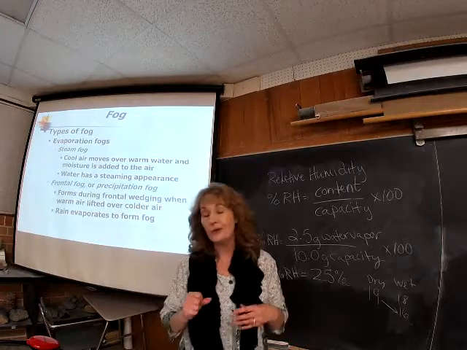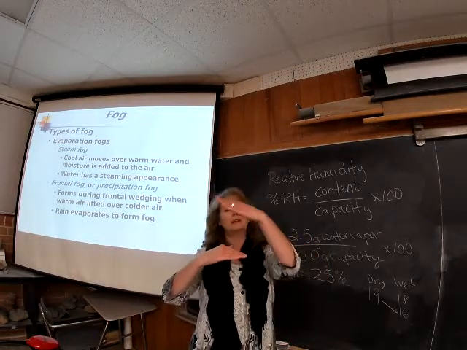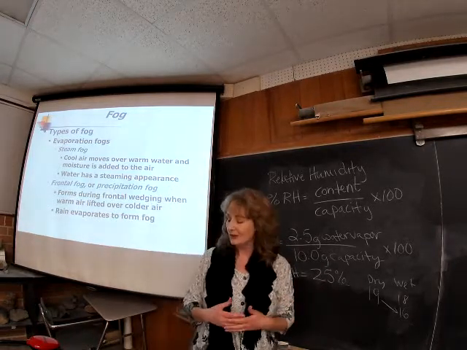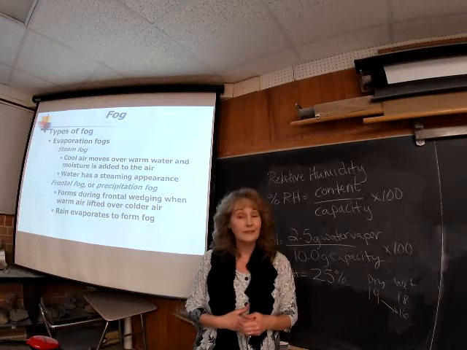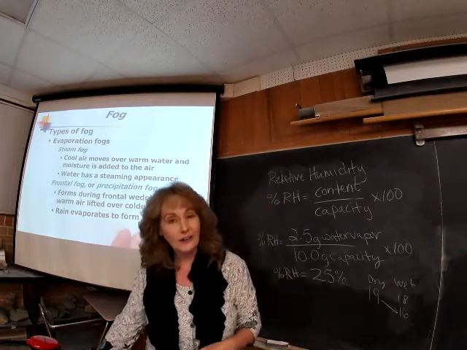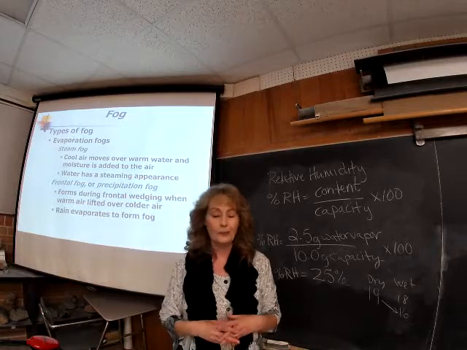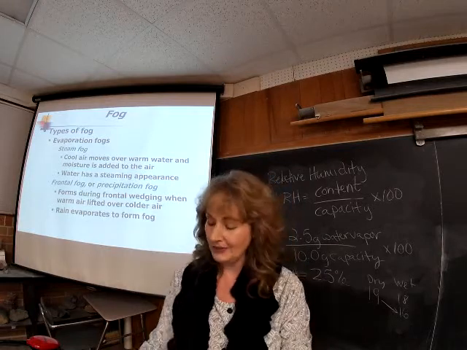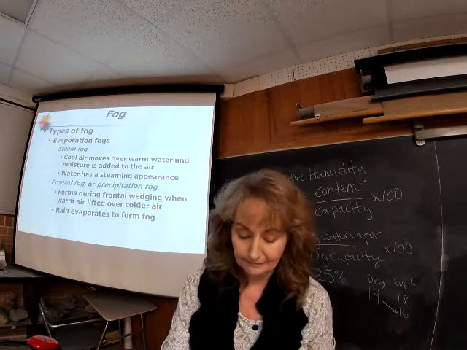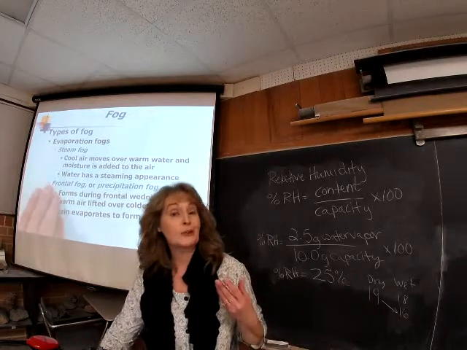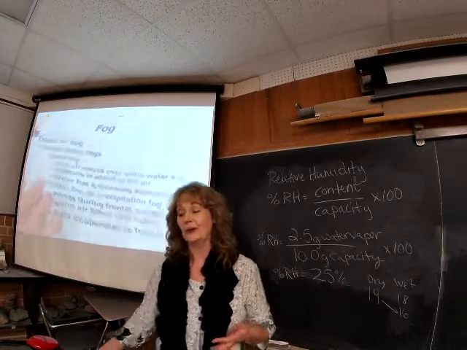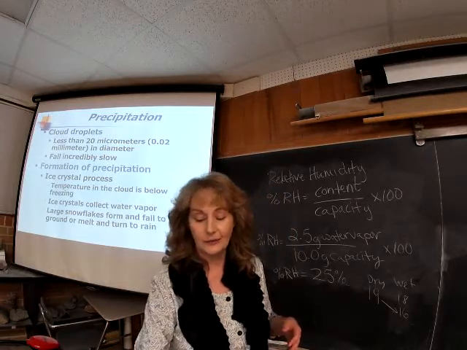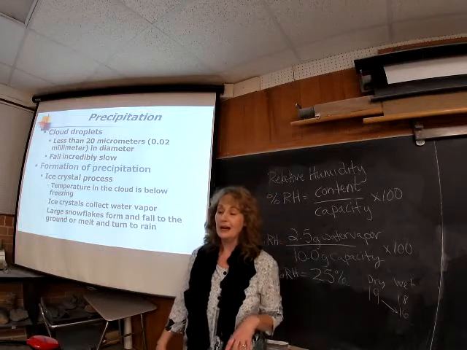Frontal fog or precipitation fog. This forms during frontal wedging, where that warm air is going to be forced to go over the colder air. This happens during fronts, so cold fronts sort of thing. The rain is evaporating to form the fog, and that's known as a frontal fog or precipitation type of fog. So frontal wedging, you can get that towards the surface. So it's different types of fog, pretty much where the base of your cloud is near or at the ground surface, and can impede our visibility. It can be quite hazardous, very difficult to try to travel through them.